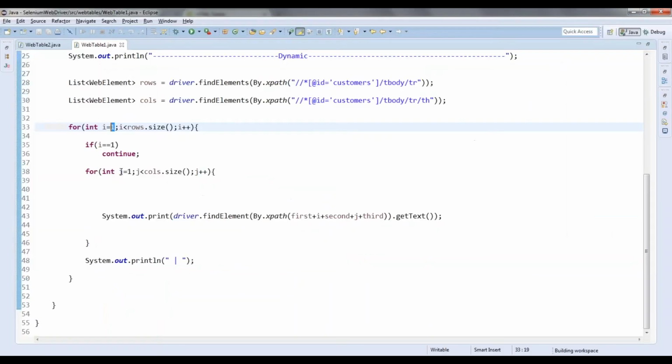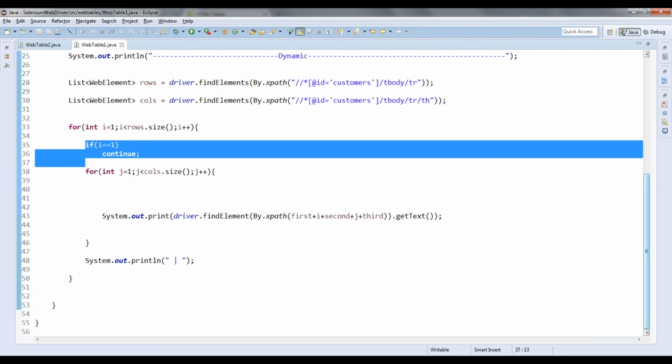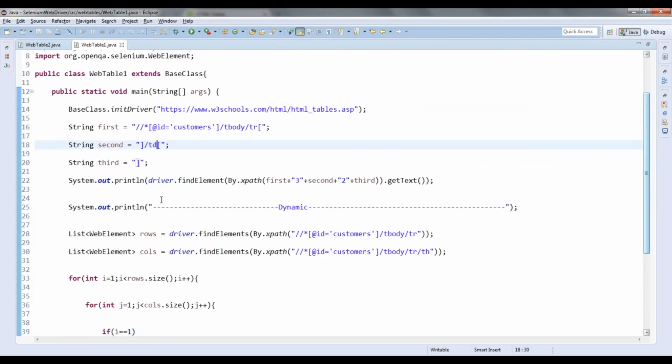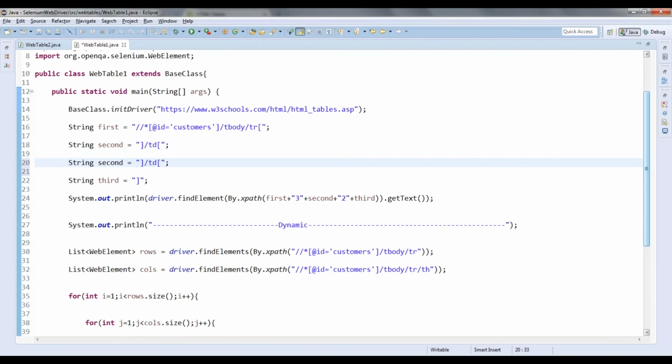This is the data. If i is equal to 1, what I am trying to do here is, instead of using TD, the thing should be TH.